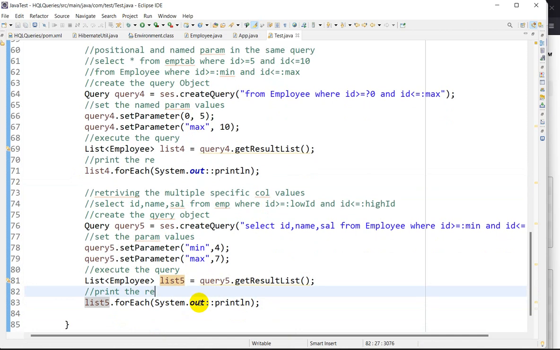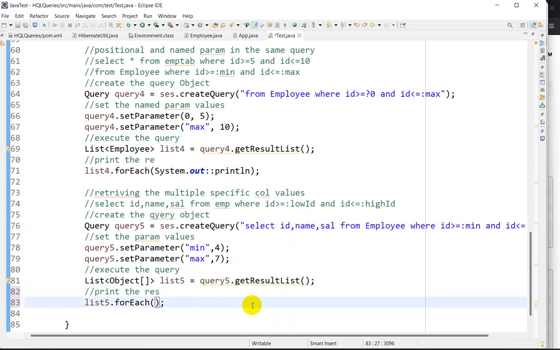Now here we are retrieving specific columns. So list of, here we will take object array. Why am I not taking the employee? Because here we are not selecting all the columns, we are selecting only specific columns. So here we will get object array, not the employee. Now we have to print the result. So we'll use here a for each object